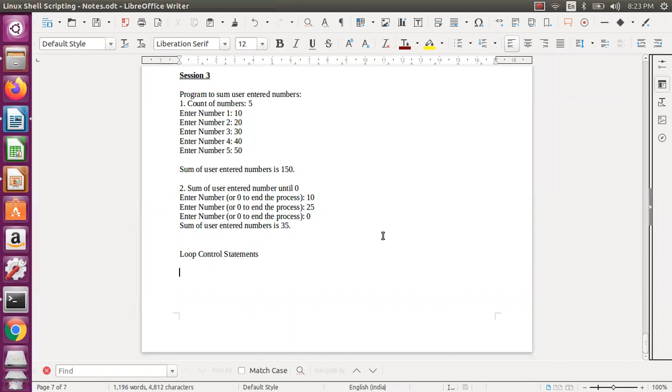Now let us start with the loop control statements. What do we mean by loop control statements? Loop control statements means you are controlling the loop. Loop means you are repeating n number of times. In this case, you keep entering numbers until the user enters 0. It can be 10 times, 20 times, and whenever you want to stop, you stop with 0. The same thing we will see in another way through loop control statements. I'll be specific on these.